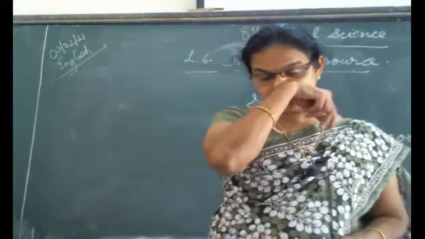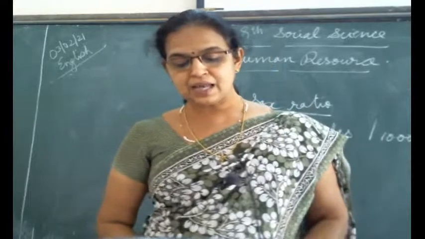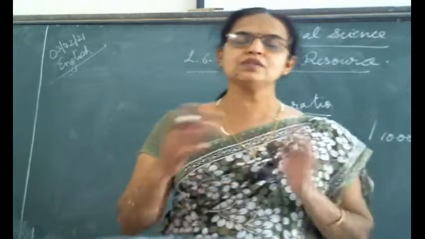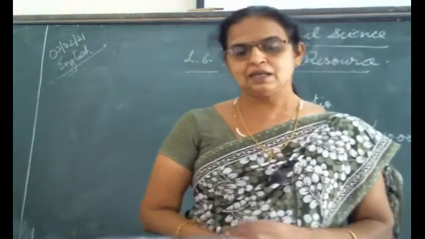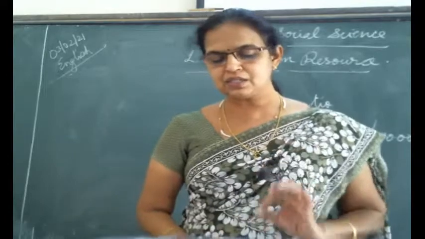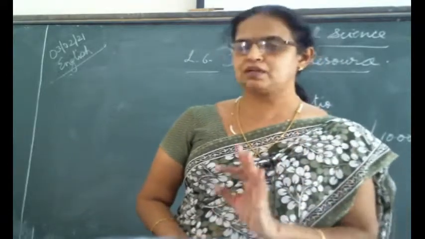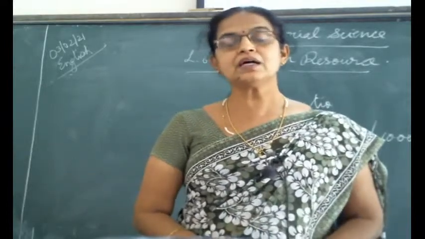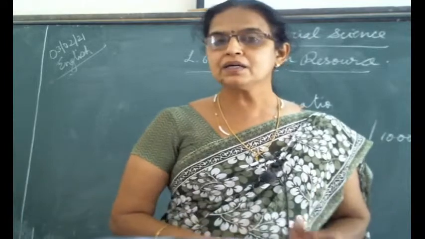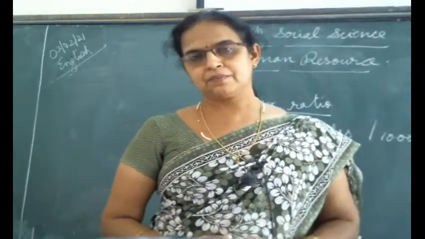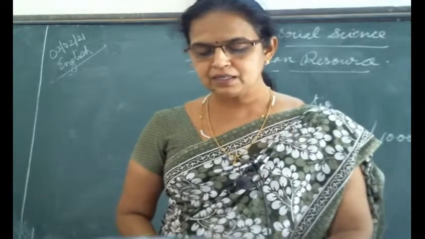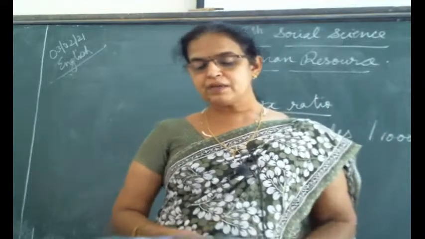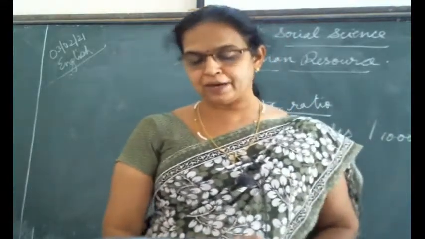Some states or union territories have been taken, and the calculation is like that, just to see the number of females per 1000 males. If both are 1000, it is okay, balanced. But here only one state keeps a record of more than 1000, that is Kerala only. What happens with the other states? Their female number is declining, reducing. And especially in Gujarat, Amreli, Junagadh. Now let us see Bhavnagar. What is the red alert for Bhavnagar? The number of females fell from 937 to 931.